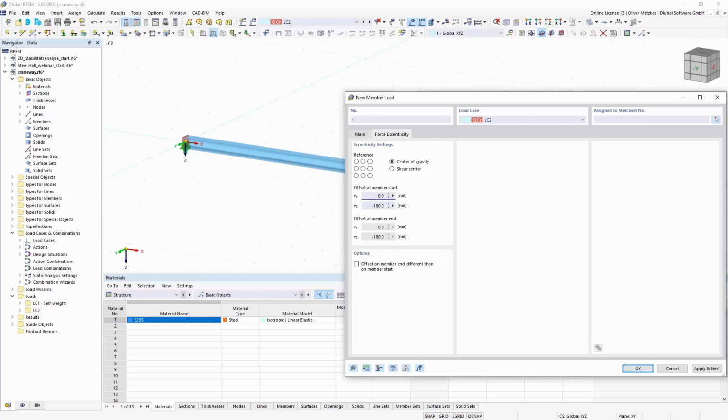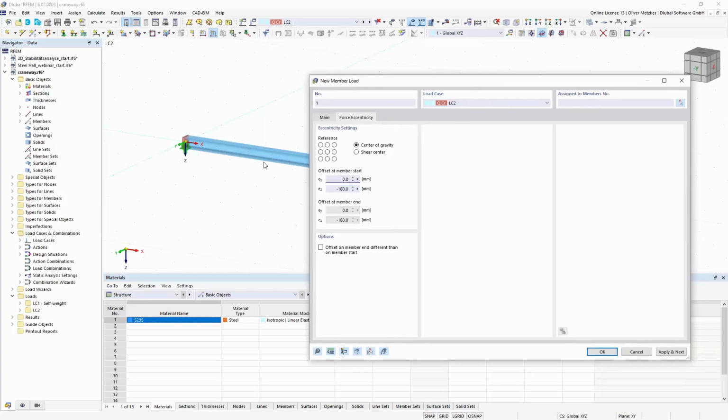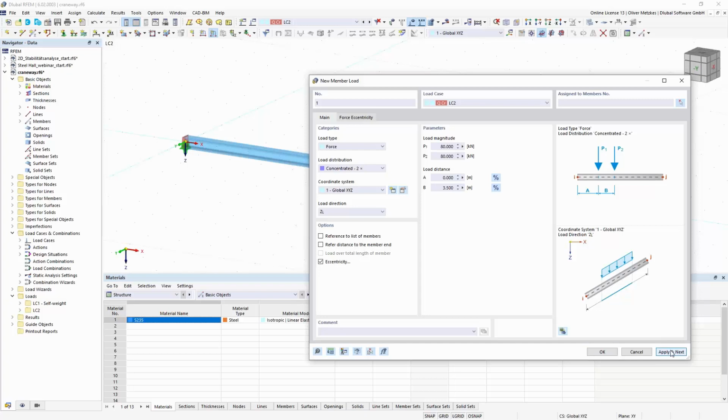If it's just a simple case like top flange or bottom flange, then I could also use these simple reference points. So the middle one is the center of gravity, and then we have the upper left edge, for example, or the lower center point. So we can also directly apply it using this reference point. But as I have an additional eccentricity, I just type it in here as a value. A negative because the local z-axis is going downwards. Okay, I can just apply this load